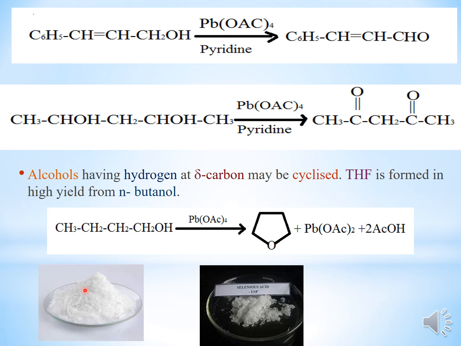In the synthesis, for the preparation part, the crude product will look like this, and this is your pure product for the selenious acid. Sorry, I have put the selenious acid crude product here, and the recrystallized selenious acid product over here. Just see this one, because I have dealt with lead tetraacetate. Don't get confused between that product and that reagent.